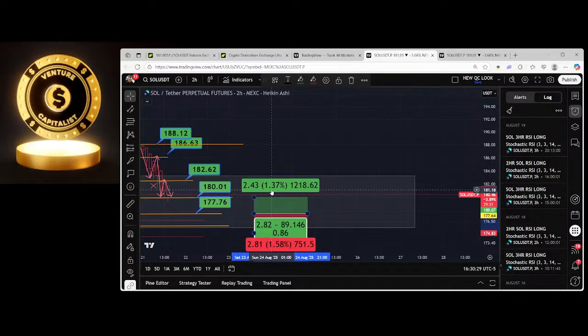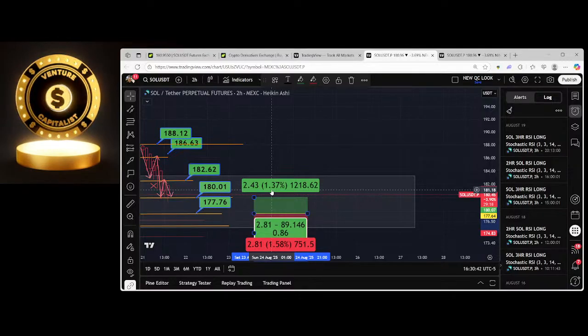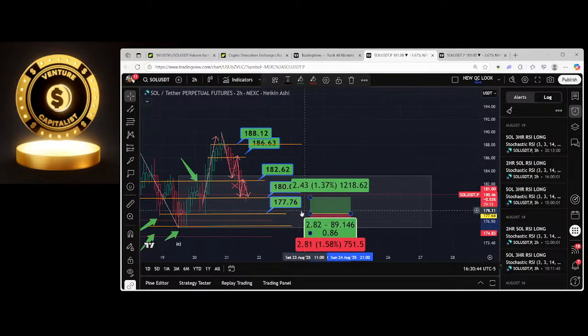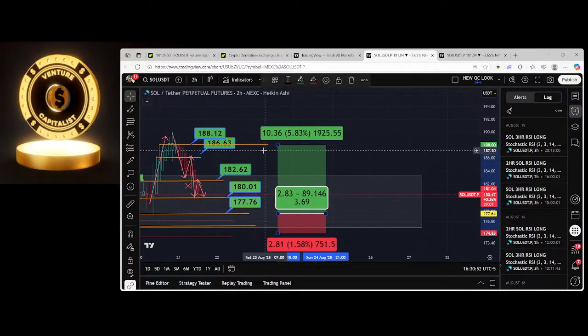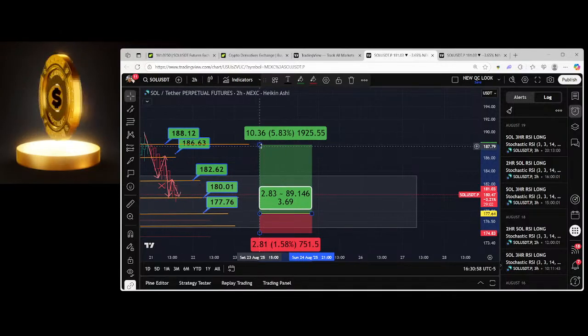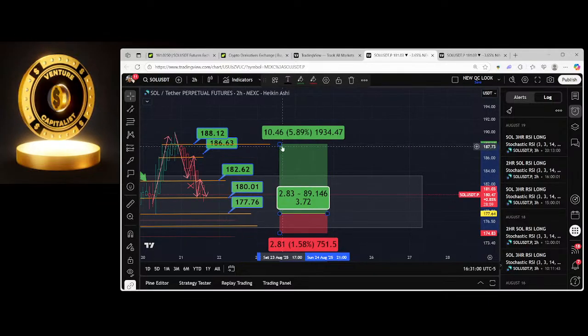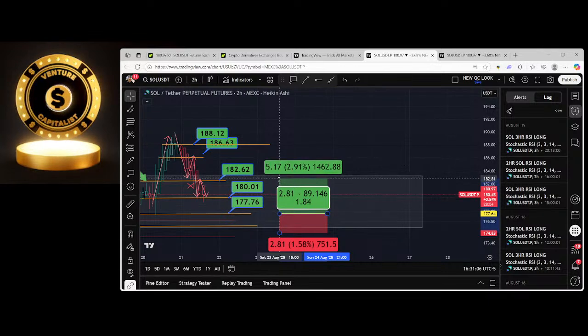If you use the 30x leverage, this would be a 38% pullback, which means your stop loss would have to be 40. But what's important here is, okay, if this bounces and goes up and it reaches the last high point of 188, it's a 5% move. So if I did a 20x, that's 100%. If it reaches half of that, so let's say you want to do a 50% gain, right,